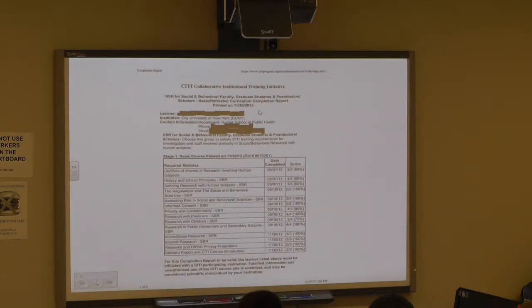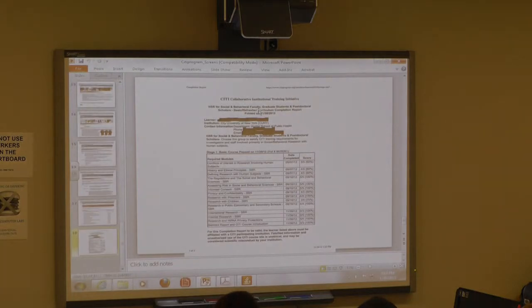Finally, when you've completed all the modules and you've averaged 80%, then you get an opportunity to click, say, print out a certificate. And this is what the certificate will wind up looking like. That's the document I need you to print out and send to me. So that's the main bulk of your homework for this week. That's probably going to take you about 3 hours. I'm going to give you an assignment that has a little bit of other stuff on it that's pretty simple, I hope, and that you won't have too much problem with. Anybody have any questions on that?